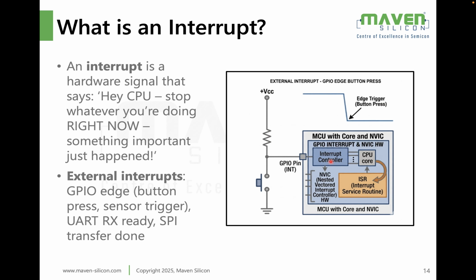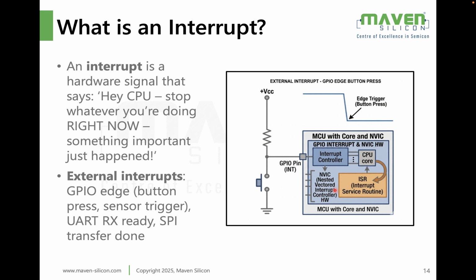It is going to detect this falling edge on the GPIO pin first and check if the interrupt is enabled for that particular pin. Let's say this pin is PA0, that is basically the port A, 0th pin. So this will be detected first by this interrupt controller hardware, and then this controller will send an interrupt request